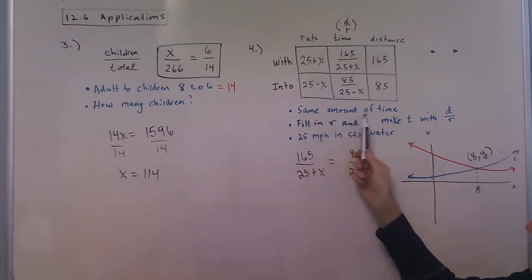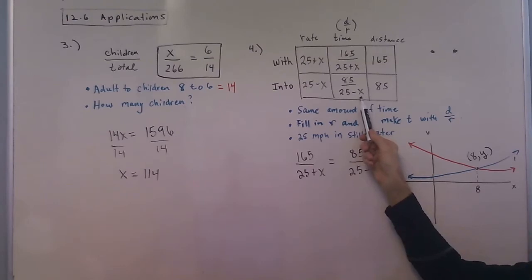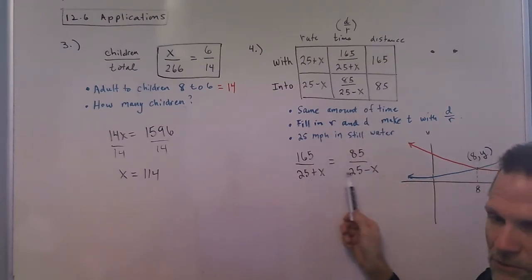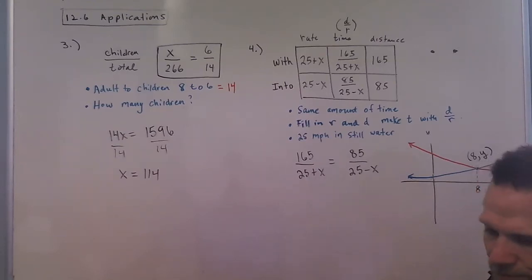Okay. Once you have that table filled in, one key thing in this problem is that it says in the same amount of time. And so since this represents time and this represents time, what we can do is set the two times equal to each other. And once the two times are set equal to each other, we can solve it algebraically by